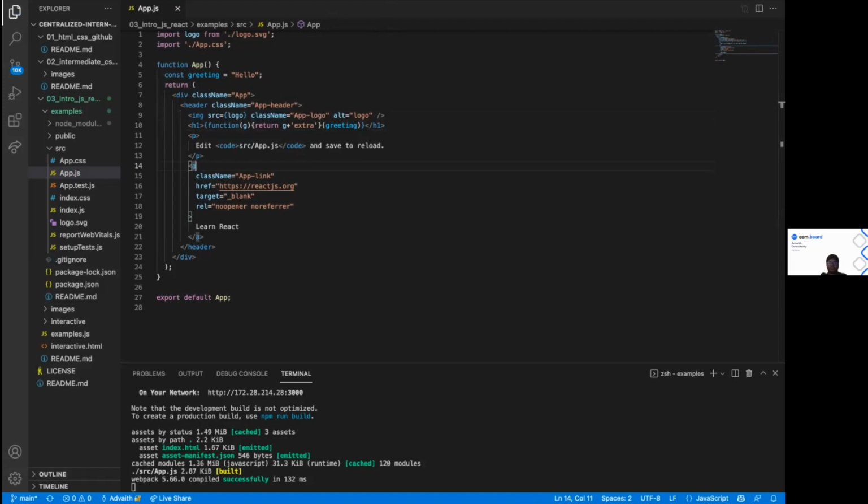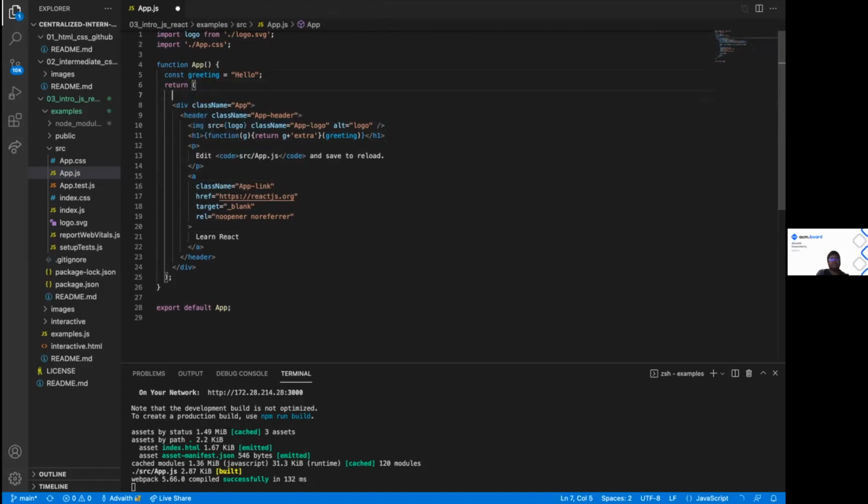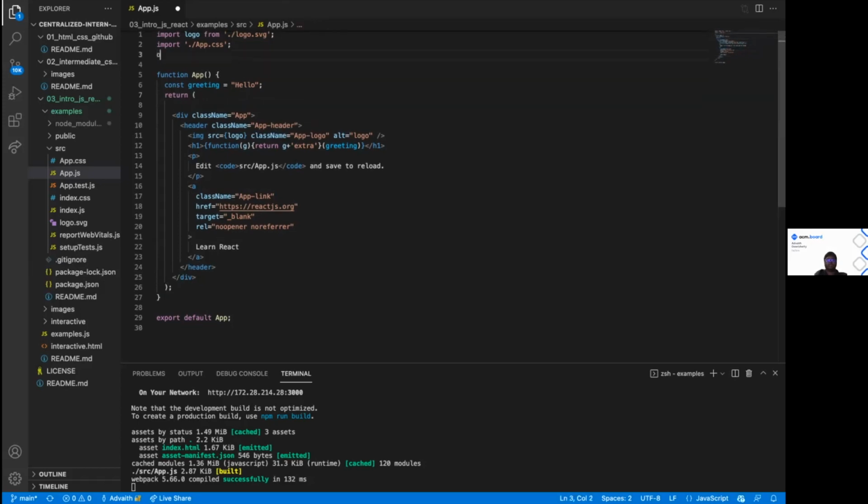Okay. The next thing we're going to talk about is something called state. And this is another really cool feature of React. And state is essentially similar to having your member variables within a component. And to do that, we use something called useState. So,